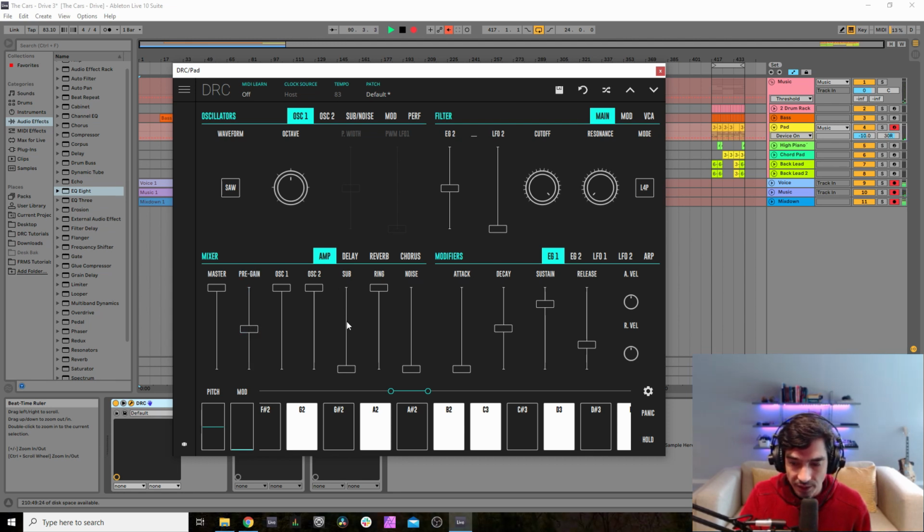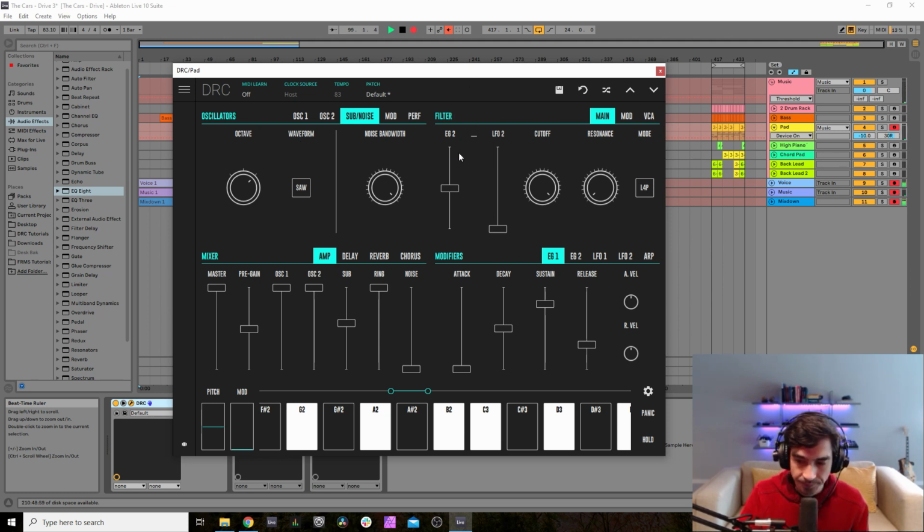Sub-oscillator to 565. Okay. Now we go to the second oscillator, drop 1 octave, and raise fine-tune to 156. Now we raise the sub-oscillator 1 octave.